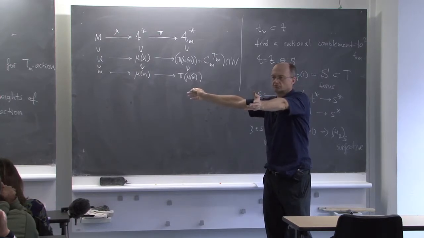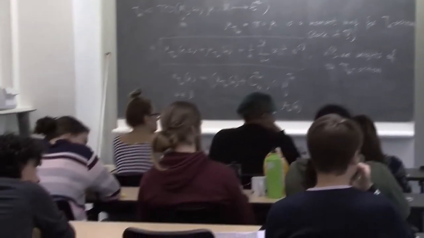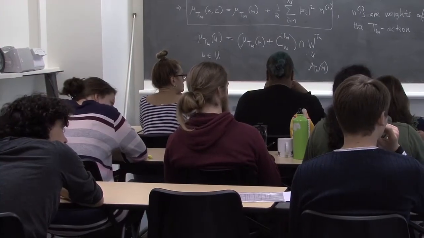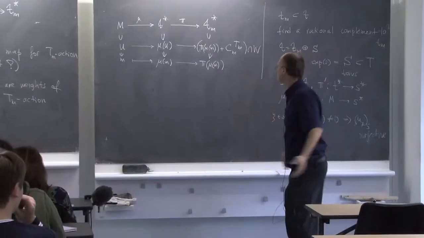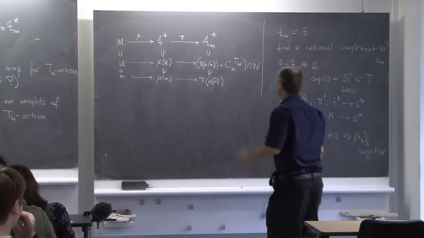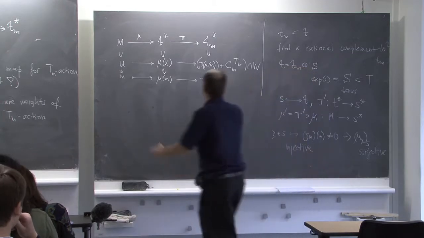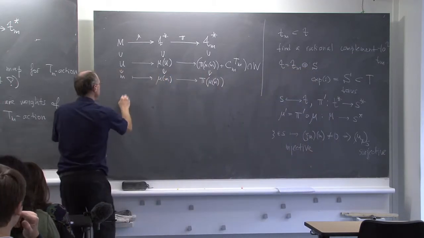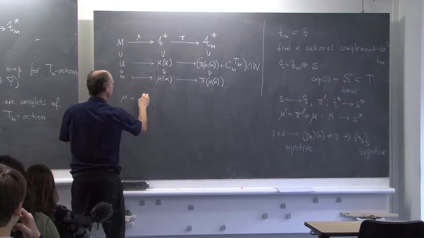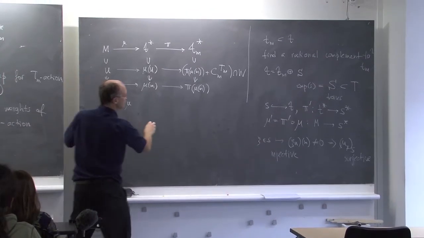Mapped to a very small ball. Sorry? Gets mapped to a very small ball. Yeah, absolutely, yes, absolutely. So right, so now mu is equal to this